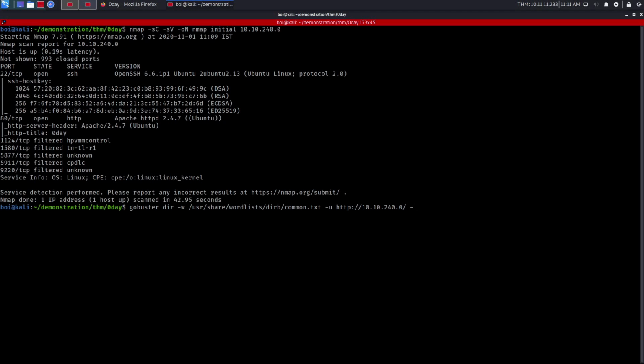So we'll also specify the number of threads. The default number of threads is 10, which is quite slow. So I like to amp it up to about 100. If you start getting errors, then I would suggest decreasing the number of threads. We can give some additional parameters such as php and txt. Like, I like to check every name with a PHP extension and again the same name with a TXT extension. So I'll just go with php here and -o because I like to document everything.